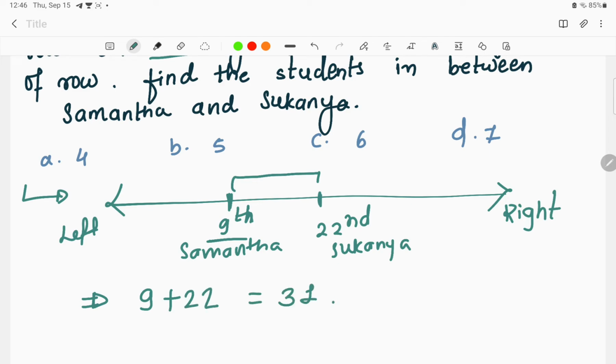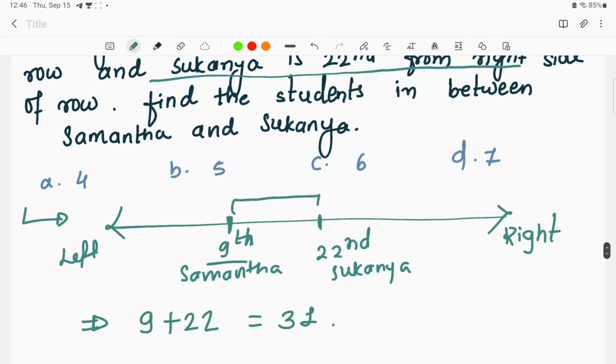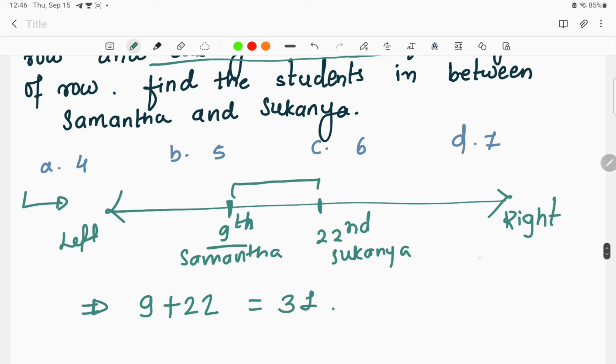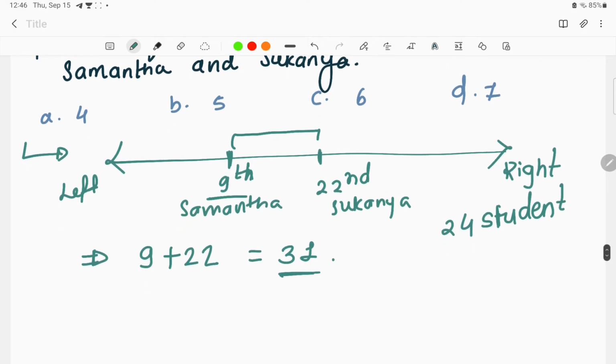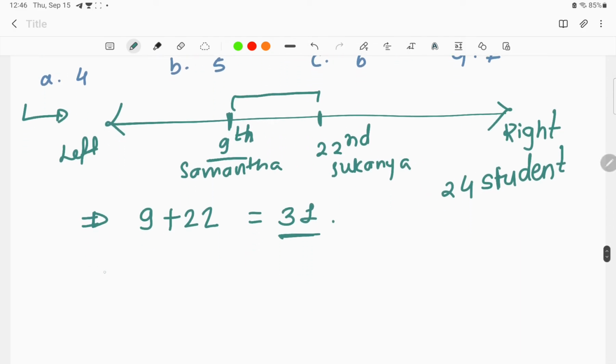Okay, the result 31 is greater than the total number of students in the class. Now here there are only 24 students in this line, and when we add the 9th position and the 22nd position, we get 31 students. Basically there are no 31 students. Therefore the number of singers, or the students standing between Samantha and Sukanya, will be equal to